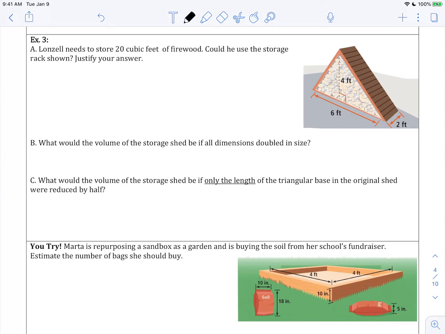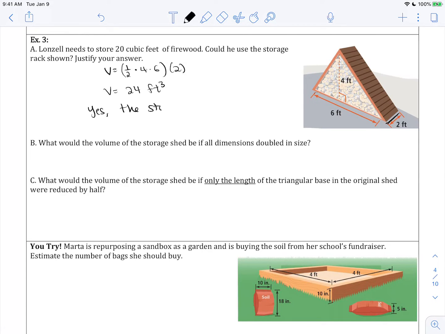So it's a triangular prism, so we're going to say volume of 1/2 triangular base, so times 4 times 6, right? So that's this triangle here, times the height of this whole prism, which is 2. Okay, well, we can plug all of that in our calculator and we get 24 cubic feet. So the rack holds 24 cubic feet of firewood. So yes,